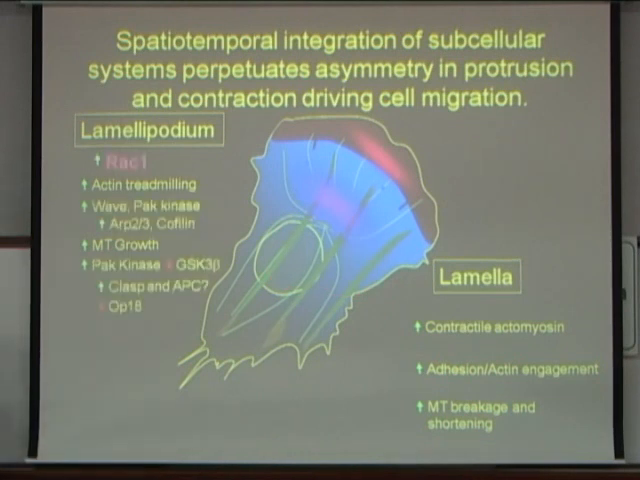We know that the actin polymerization at the front of the cell is driven by RAC signaling to the ARP2/3 complex and cofilin that mediates the formation of this treadmilling actin machine along the front of the cell, but also RAC signals to microtubules to promote their growth through these other signal transduction cascades. So we've got the co-regulation of microtubules and actin